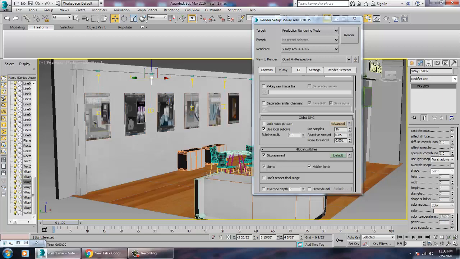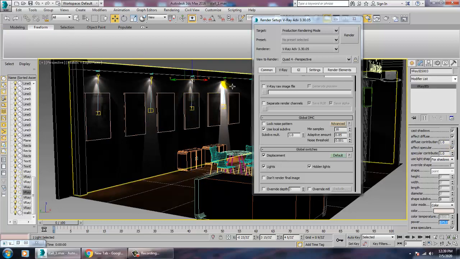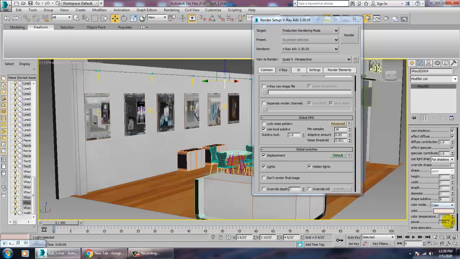So reduce the power to 575 for all the lights. Select all the lights,